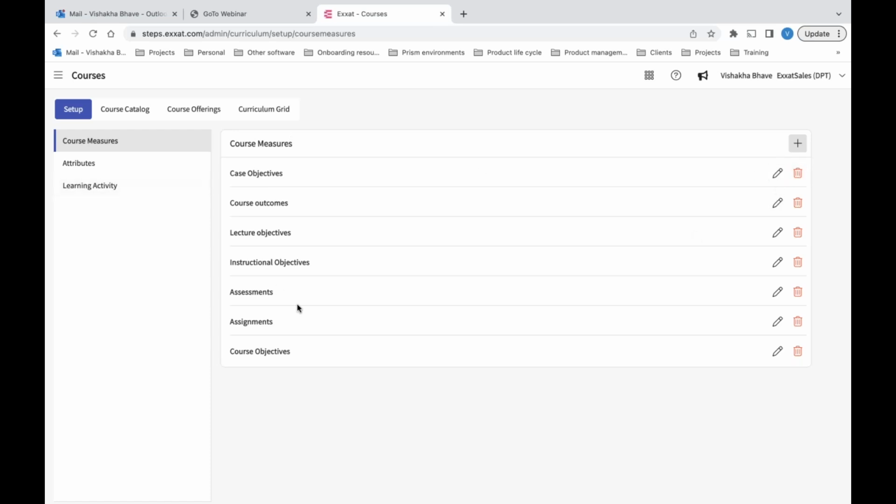So this is how you set up. Now, whatever you have set up here, all your courses in the curriculum are going to start reflecting these categories. And when Chandni presents how you can build or enter objectives under each of these categories, you'll see how these categories show up under each course. Once you have decided what are the different course measures that you want each of your courses to have,